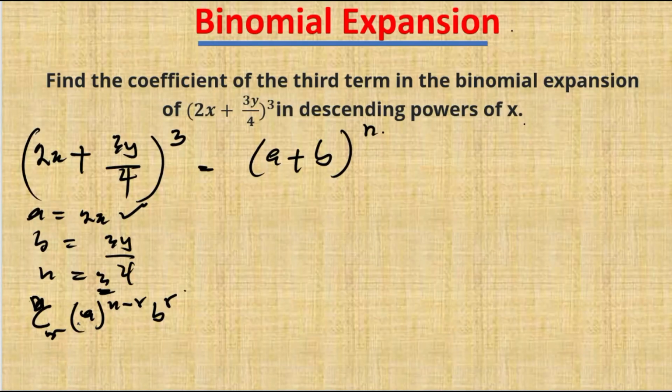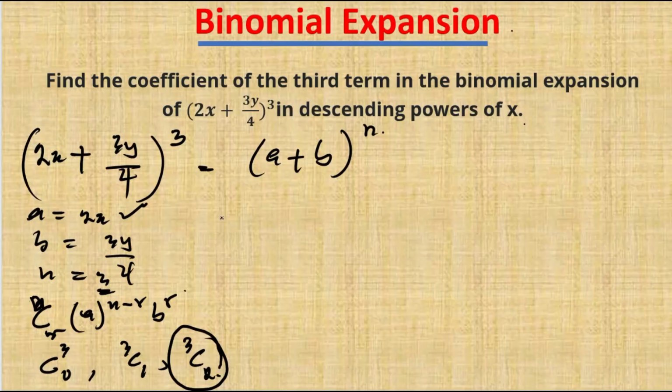Powers, I have n equals 3. The first term will go with 3 combination 0. The second term will go with 3 combination 1. Then the third term will go with 3 combination 2. So I'm actually looking for the term that goes with 3 combination 2. So that I'll be saying that